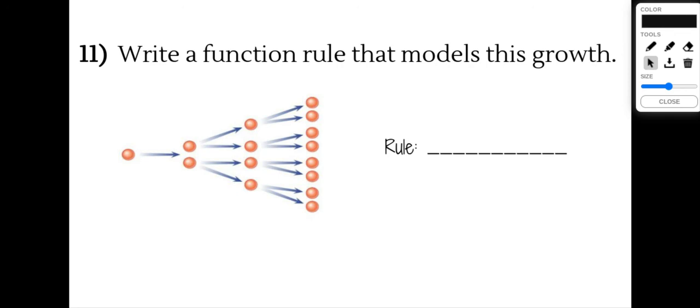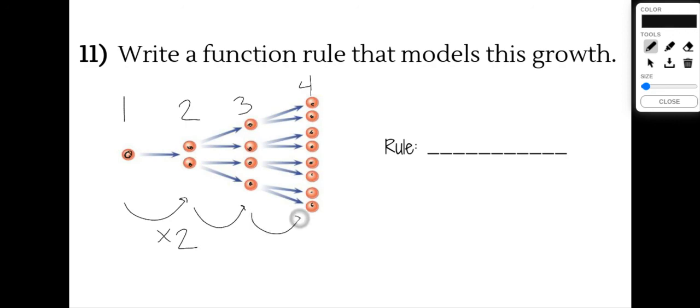Okay, so write a function rule that models this growth. Now with this one, we've got figure 1, figure 2, figure 3, and then figure 4, right? So here I see one little dot, and then it goes to 2, and then it goes to 4, and then it goes to 8. Oh my gosh, what's happening here? Well, are you noticing that we are doubling? We are doubling, right? So we can see that this is geometric, and so our function rule is going to be y equals a